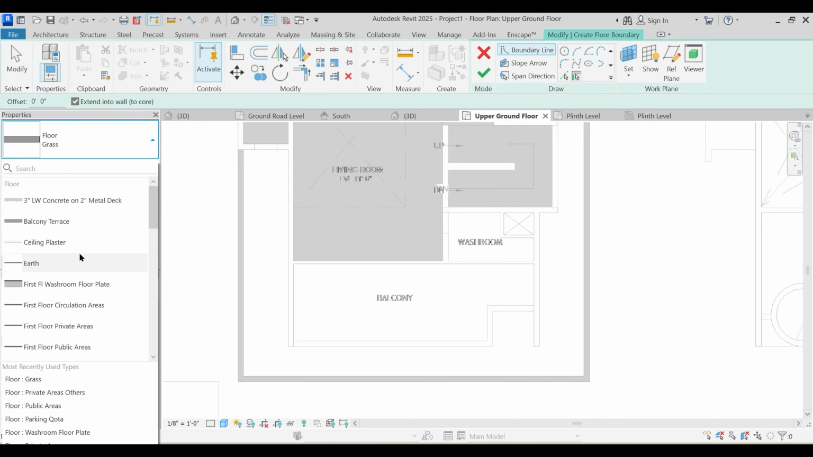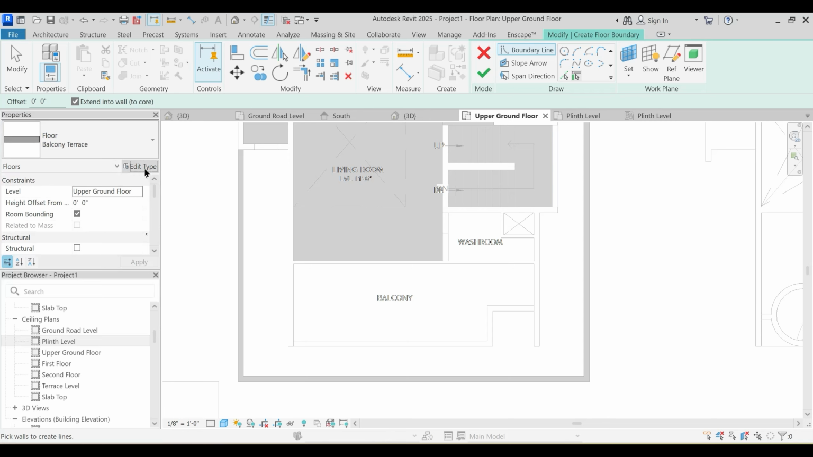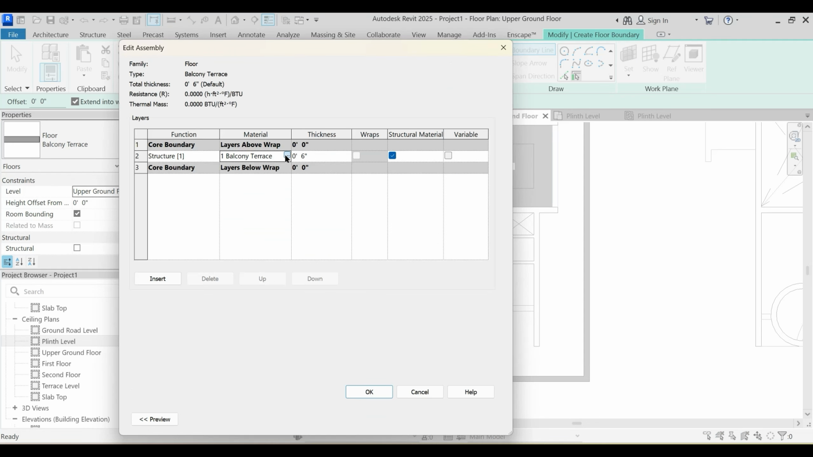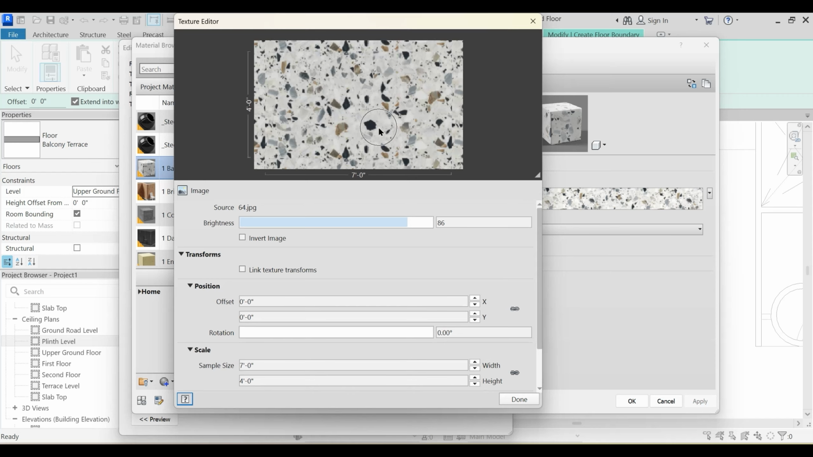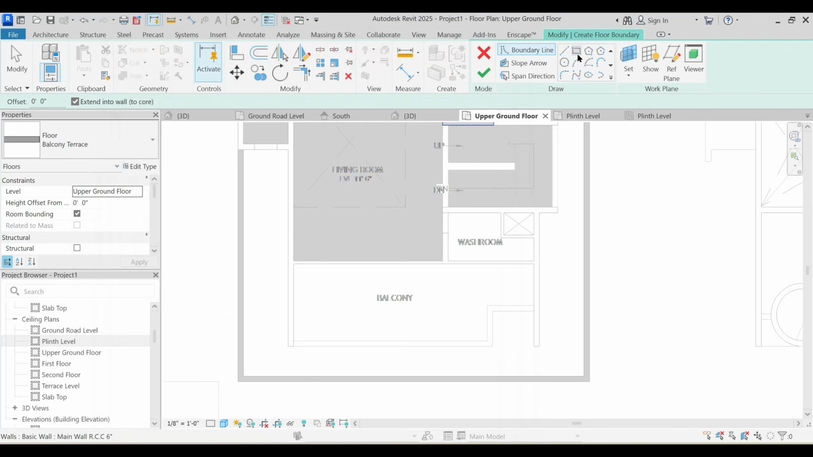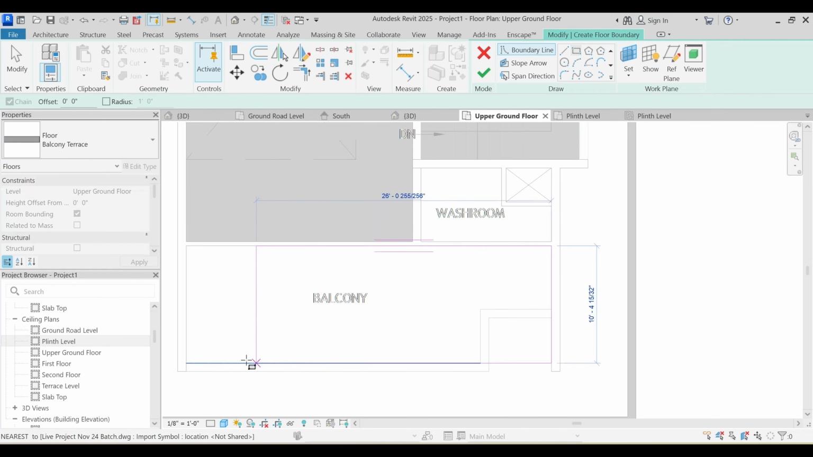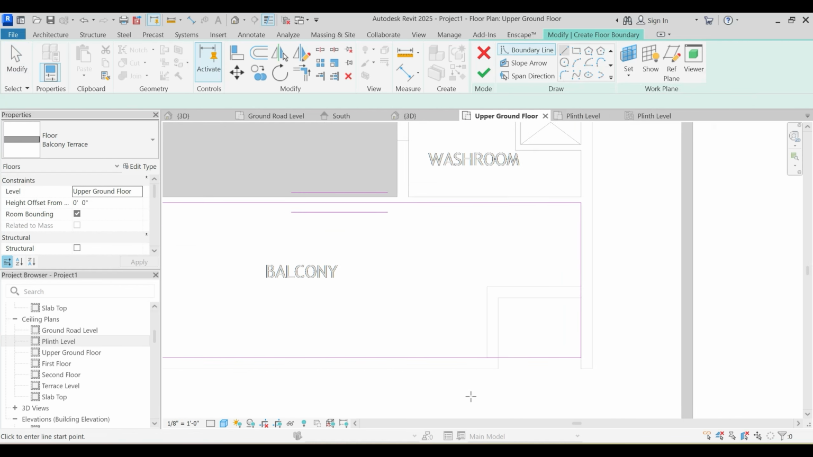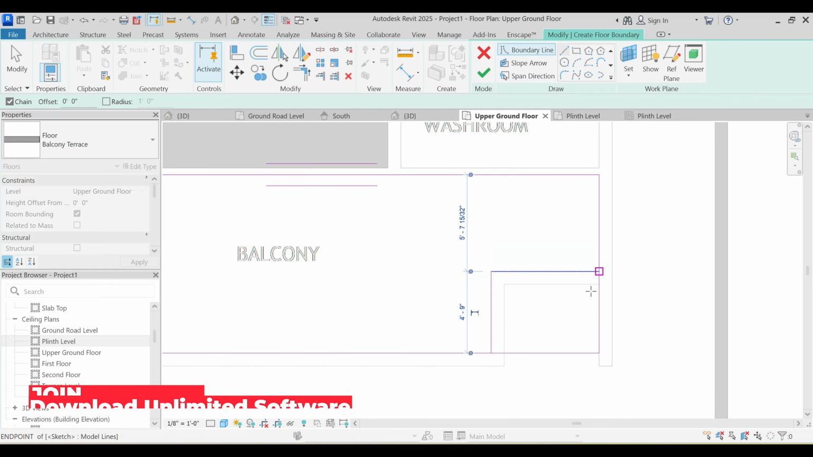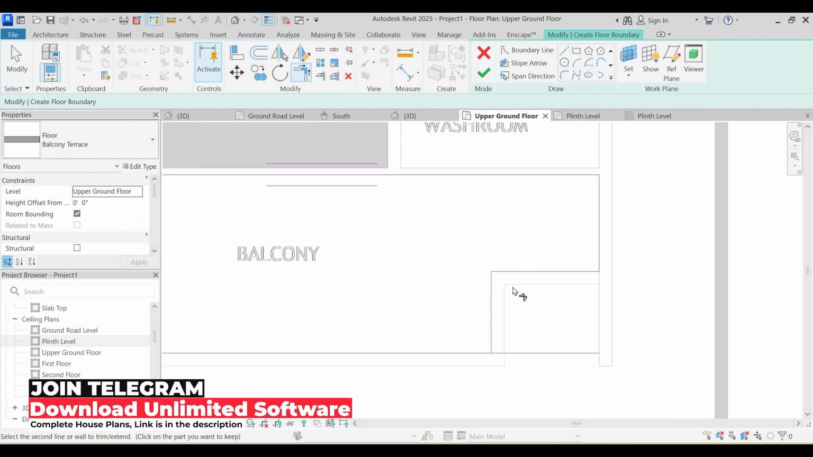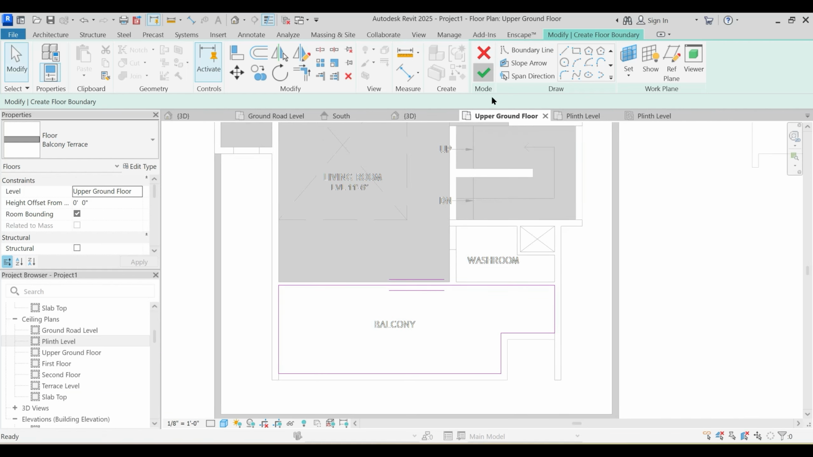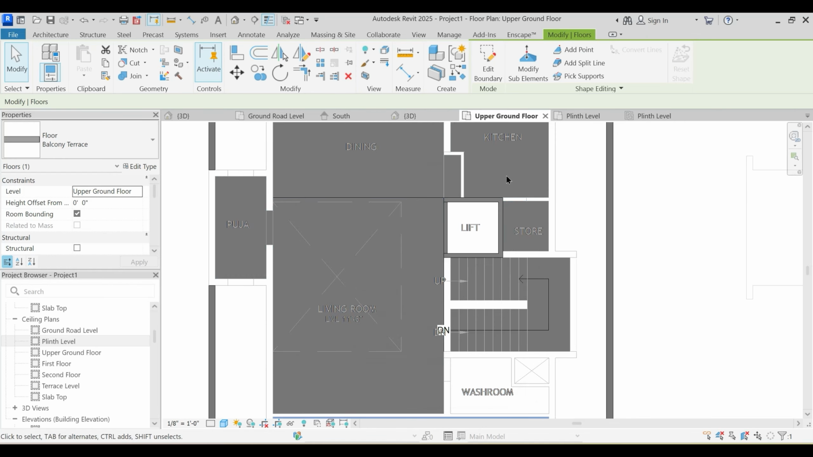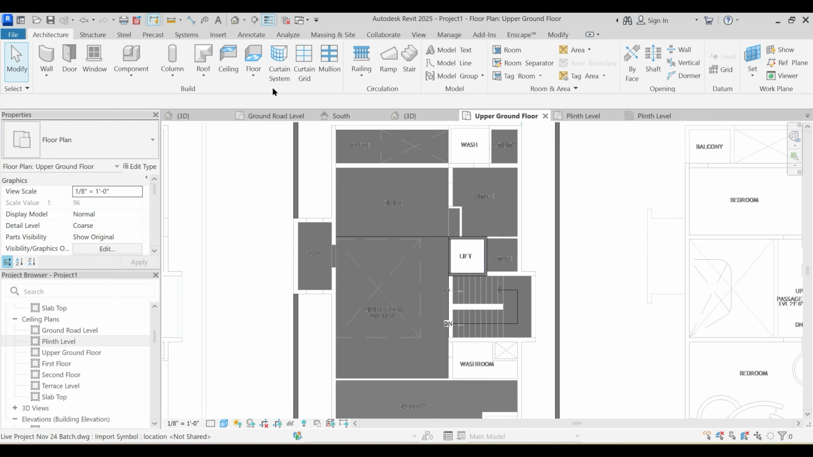balcony and terrace, wherein this is the material that has been applied to it. Okay, rectangle and 1 to 2. TR, join this to this and join this to this. Just finish. Don't attach. And finally,